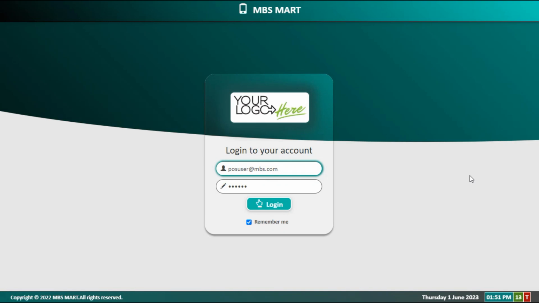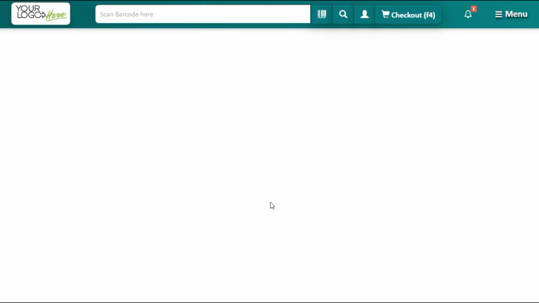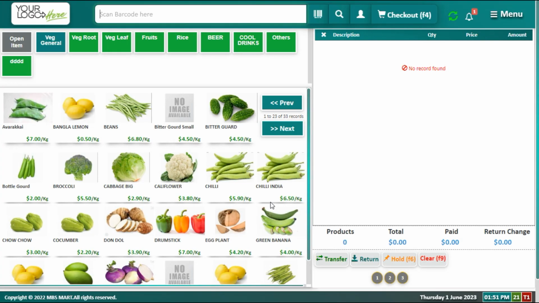Welcome to San5pos system. This is the login page where you have to key in the user ID and password. Click login. It will take you to the landing page, which is the bill pad. In the bill pad, you can see on the top, you can search the product using barcode, or you can